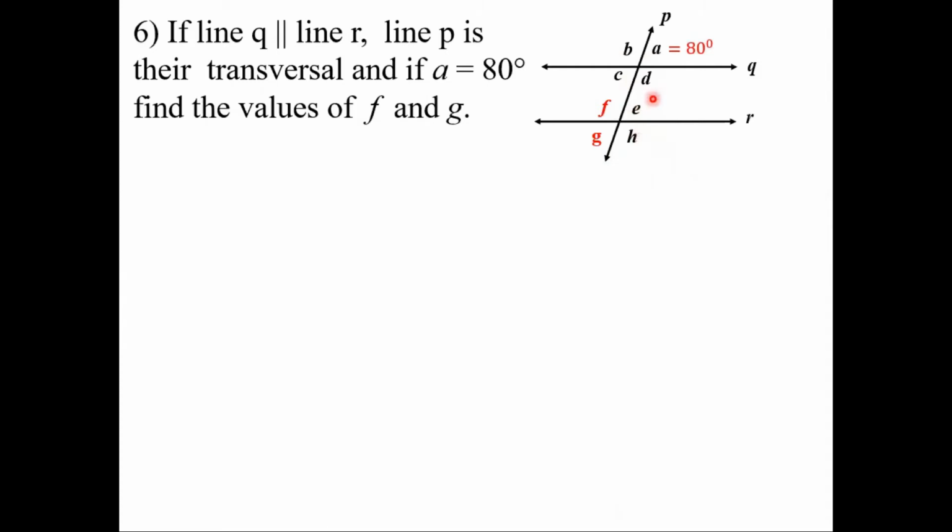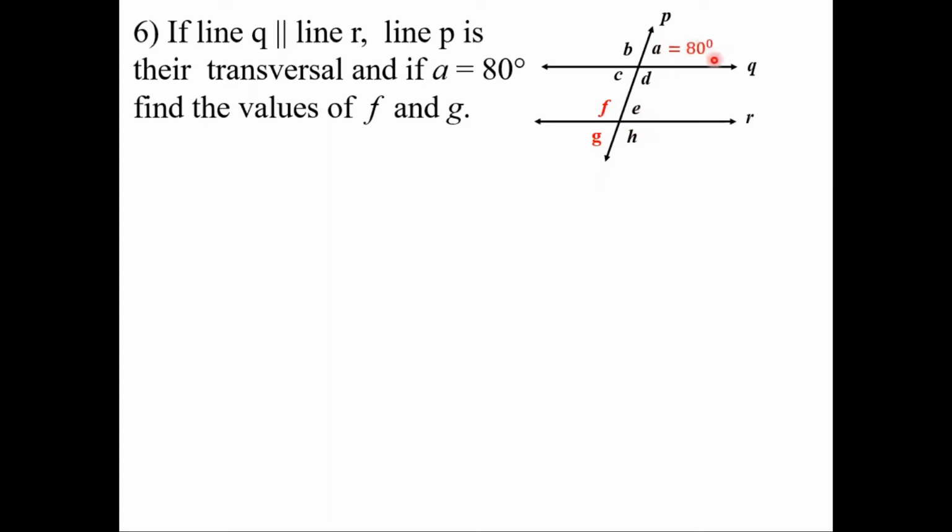So A, B, C, D is given over here and E, F, G, H over here, and the value of angle A is equal to 80 degrees. Remember, they have given angle A as 80 degrees and our target is to find the value of F and G. This numerical is small but tricky, and we are going to solve it by some method in which angle A is given as 80 degrees.